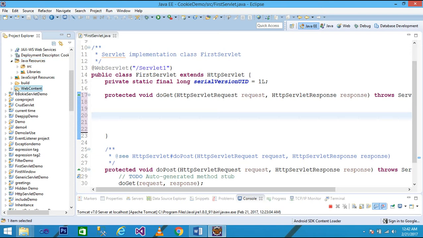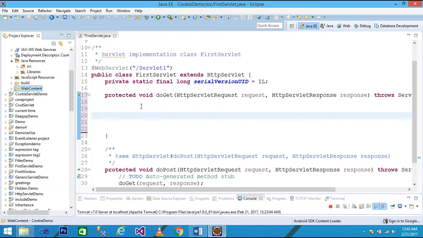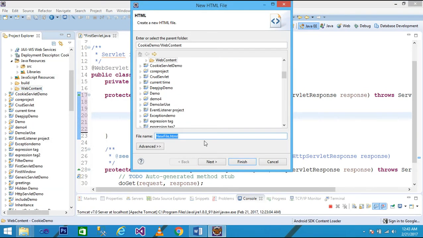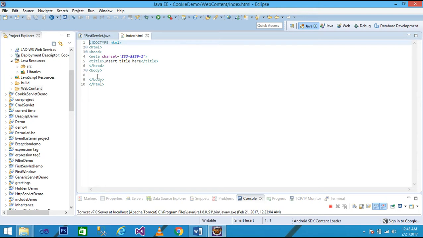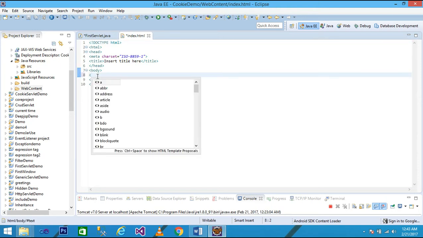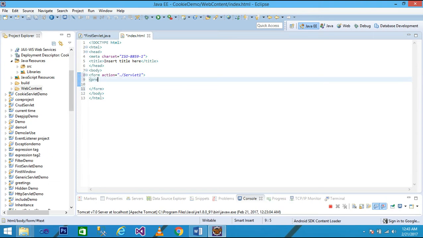Then I simply right click on the web content, click on new, and I take here HTML file and give the name of index.html and then click on next. My HTML file is created. Simply in the body part I write the form action equal double quotes dot slash servlet1 and then close it, and I simply take a pre tag